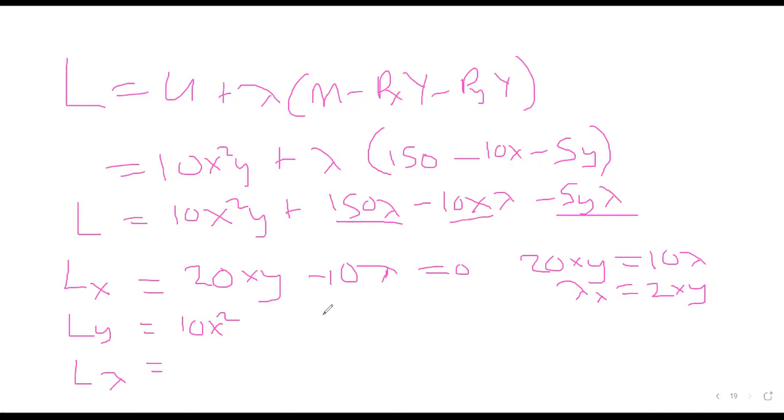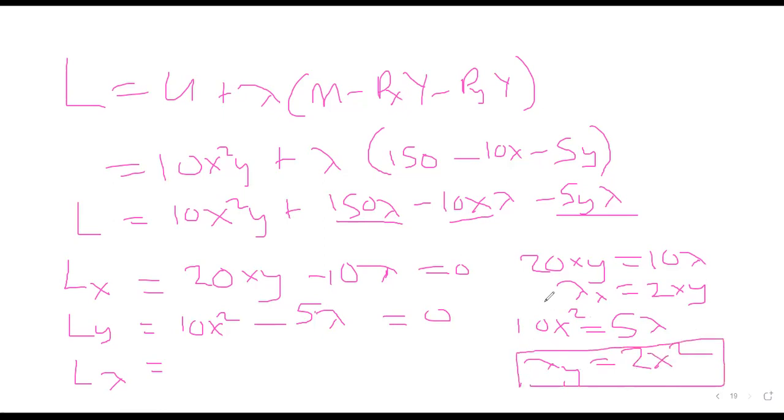Then here we're going to have minus 5 lambda. When you equate this to 0, we're going to have 10x² is equal to 5 lambda. Divide by 5 both sides. The lambda for y is going to be equal to 2x². So we have lambda for x and lambda for y. So to equate these two lambdas,